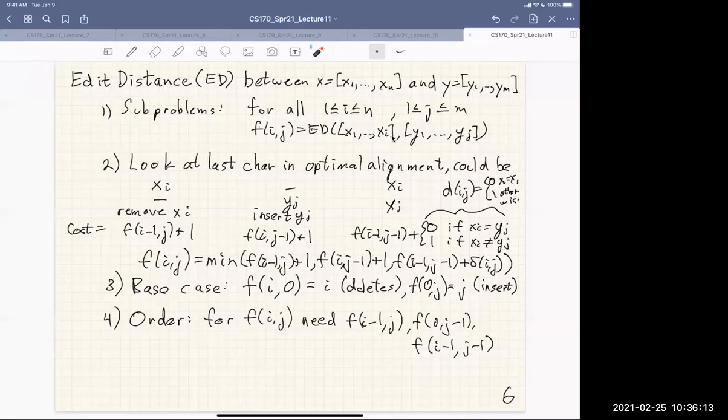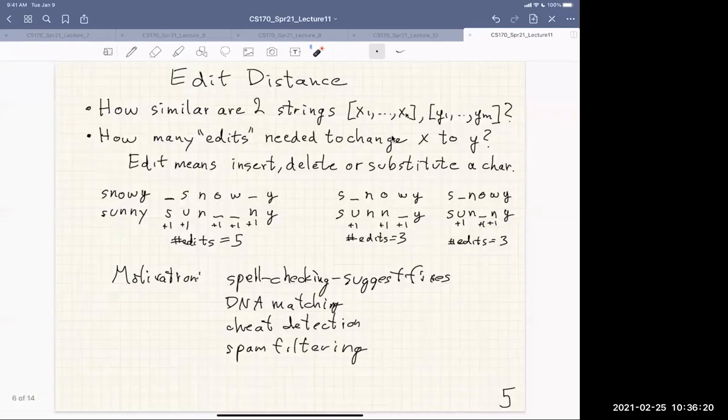Professor, can I ask something? Please. So for the longest increasing sequence, I think I'm understanding